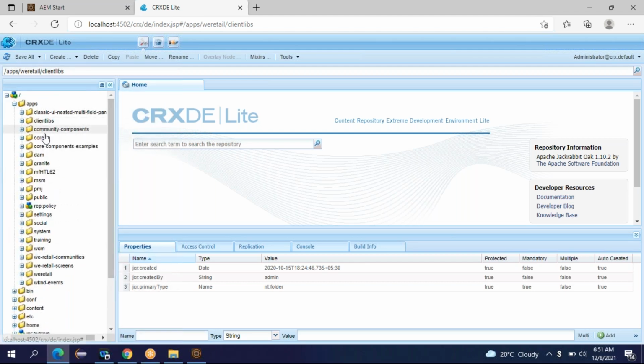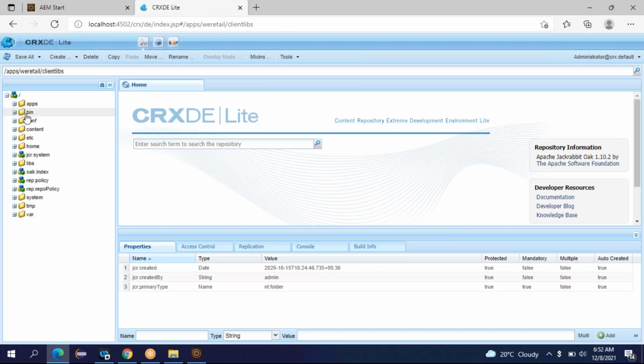Okay, now I'll close. There are some other folders also. We'll see why these folders are there, and we'll discuss it going forward. Okay. So basically, we understand that the apps folder is used by the developer to create static templates, components, internationalization, client libraries, and all. Okay. Now I'll close the apps folder. There is one more folder called